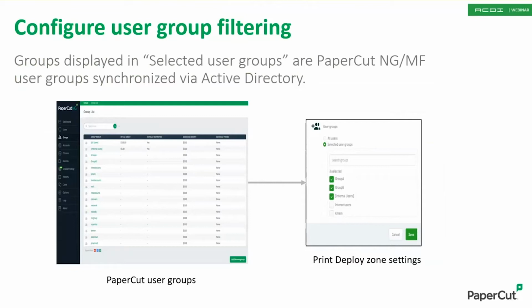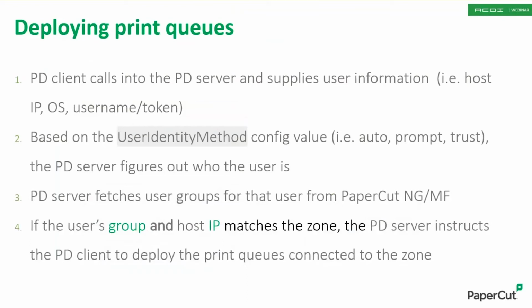That way you don't have a long list of every AD group in the system like IIS users, admin groups, and other miscellaneous groups that are really not associated with users in PaperCut but are more administrative in nature. Here's the workflow in a nutshell. The Print Deploy client calls into the PaperCut server where Print Deploy is housed and supplies the username. Once the server figures out who the user is, then it will grab the groups for that user from PaperCut. If the IP address and the group match, then Print Deploy will connect to the zone and the driver will